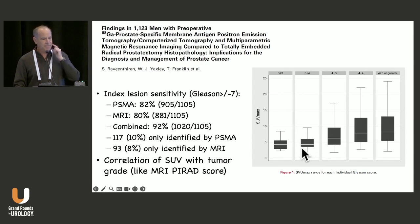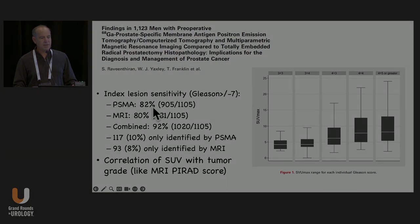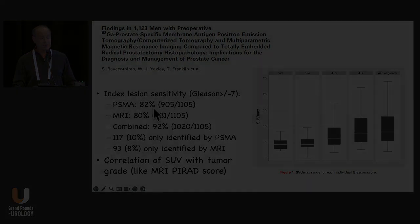So this is a paper from Australia, from Yaxley's group, really large study where they actually looked at the sensitivity of PSMA versus MRI for the index lesion. And in this pretty large study, including many patients who had a Gleason score of 3